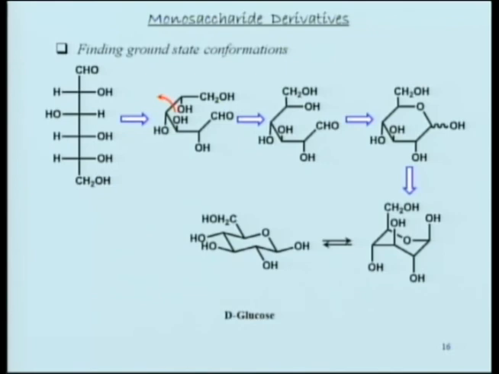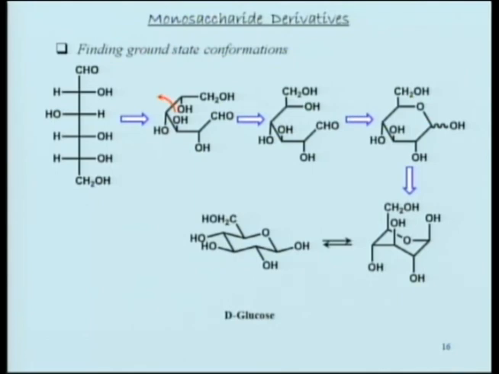In between there is a step that I have forgotten, I just jumped a little bit. In between you write it in a linear horizontal manner. The aldehyde is going to come at the bottom here. The aldehyde is here, the second position OH is here, then the third OH is going to be on the top, position 3. Then the fourth OH is going to be at the bottom, the fifth OH is going to be at the bottom, and CH2OH is going to be here. Are you all with me? So OH, OH, OH, OH, and then CH2OH.